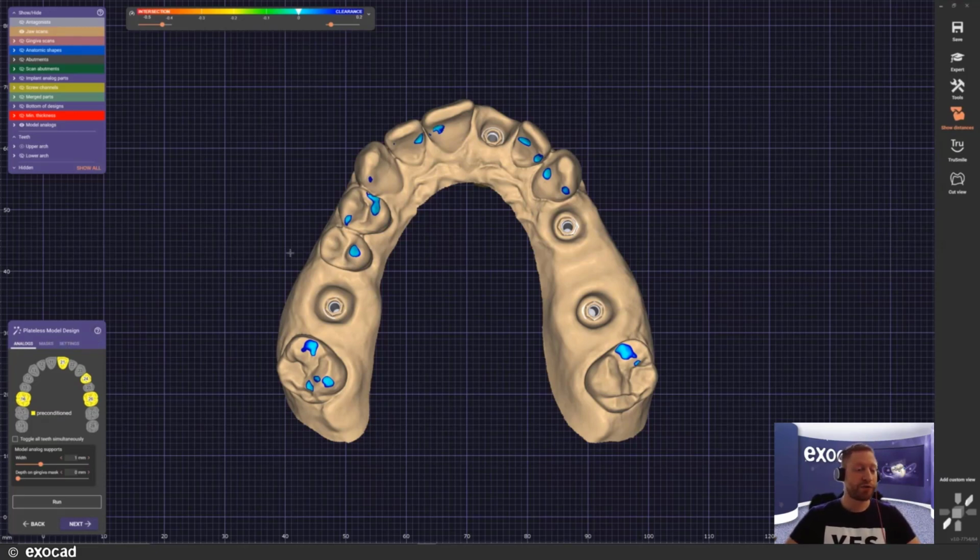So the first thing I want to do here is determine for the software what kind of situation I'm dealing with for my abutments. You can see they're all switched to yellow, they're preconditioned, okay, but we have a couple more options. For example, let's say we have 4 implants in our position, but we only have 3 DIMM analogs. The case is rushing as it is. You know how it is in a daily workflow. It takes too long until we can get an additional analog. So what are we going to do now?